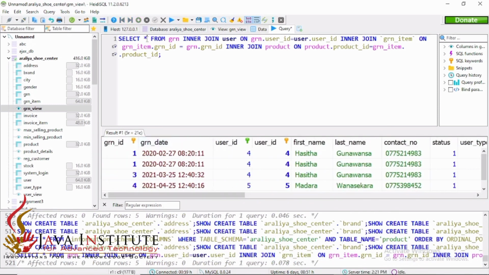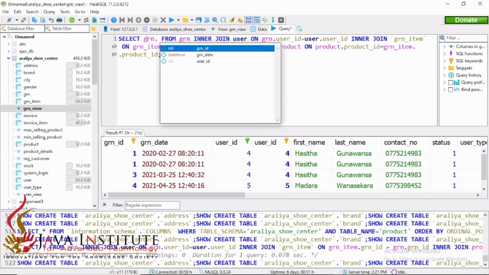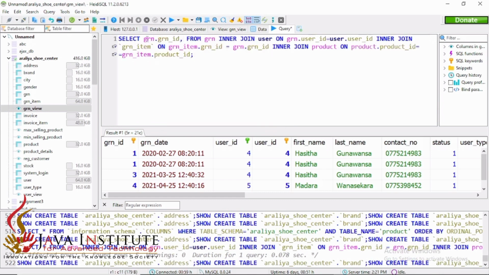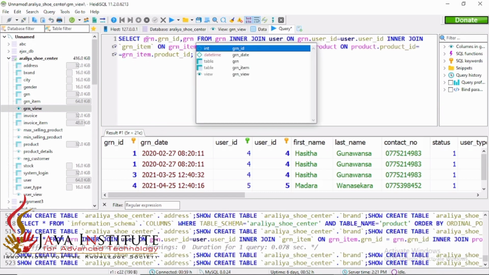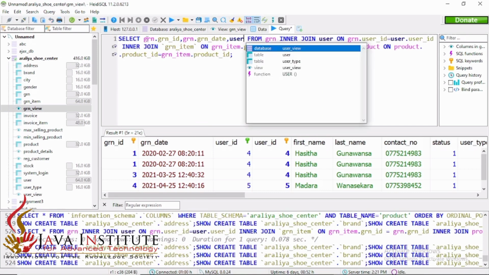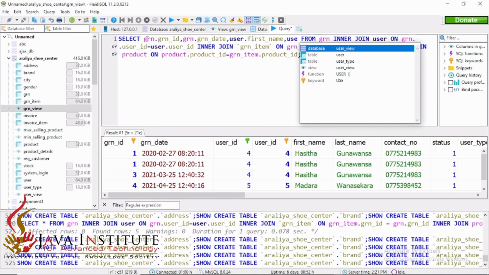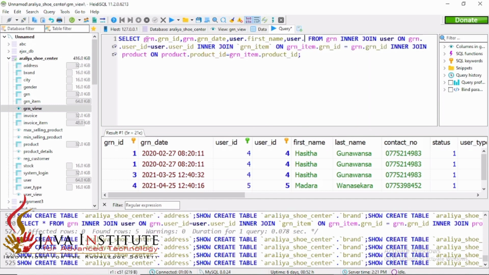And we have to customize this according to the column names. Here we have to find out only the GRN table's GRN ID and GRN table's GRN date, and the first name of the related user, and then the last name of the related user, and the product details, the product name.